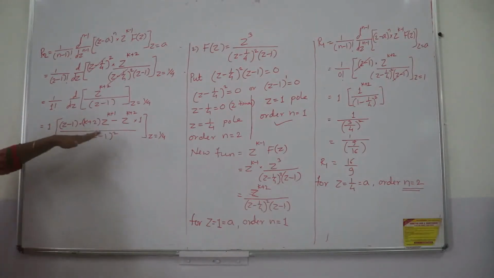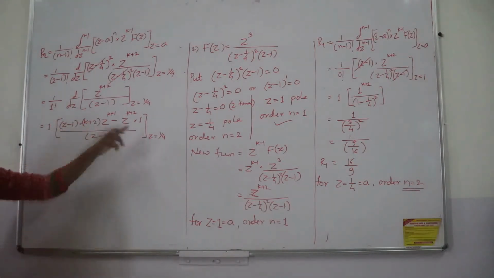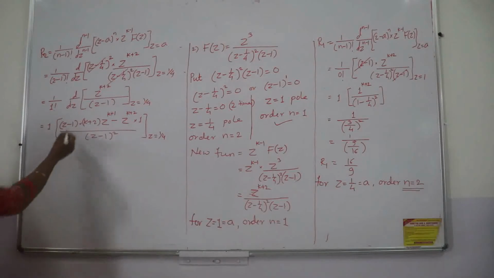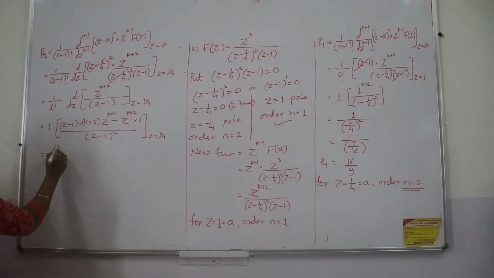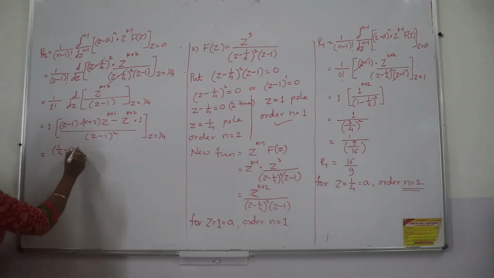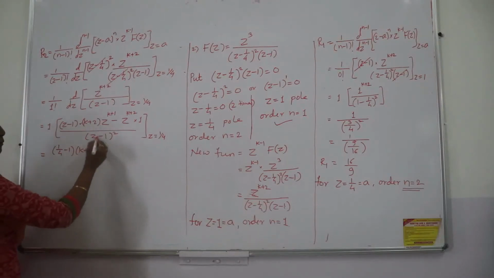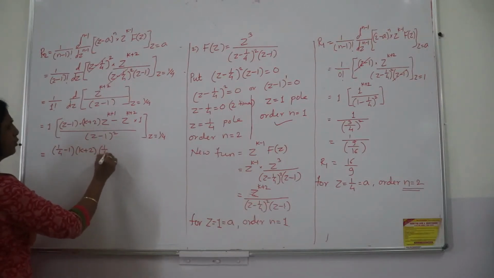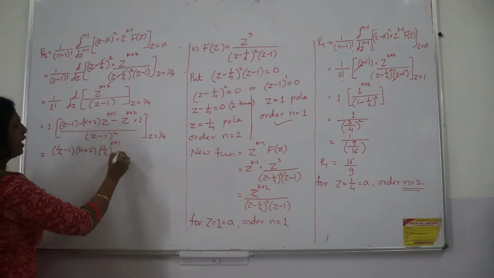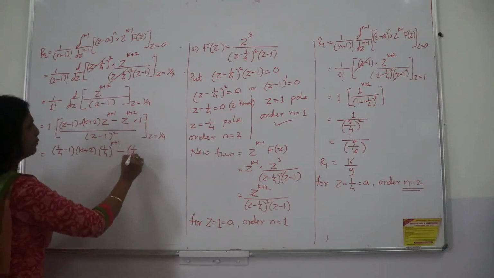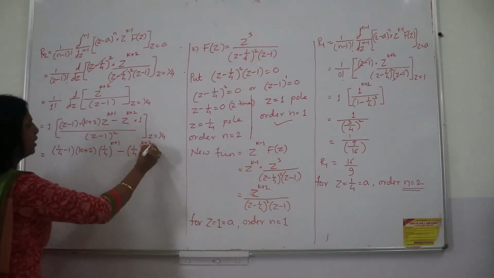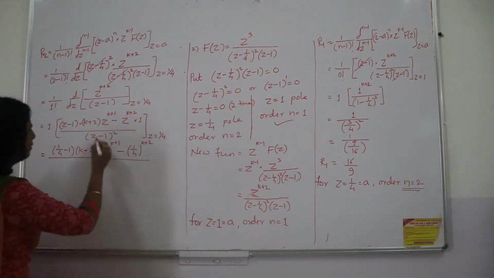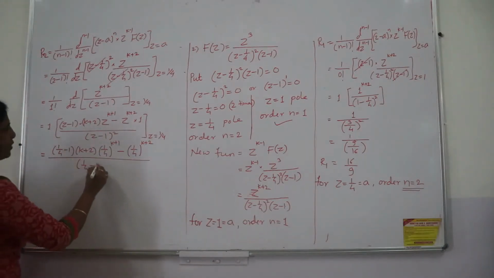And now in this derivative I have to place z is equal to 1 by 4. So instead of solving so much, directly I may place the value at z is equal to 1 by 4 here, and see what I am getting here. 1 by 4 minus 1, k plus 2 is a constant number here. 1 by 4 raised to k plus 1, and minus here I multiplied 1 by 4 raised to k plus 2, and still what I have in the denominator is 1 by 4 minus 1 square.